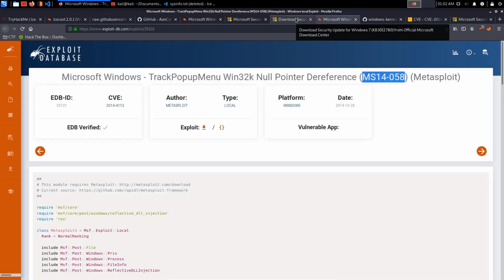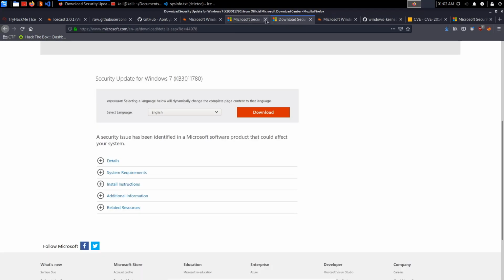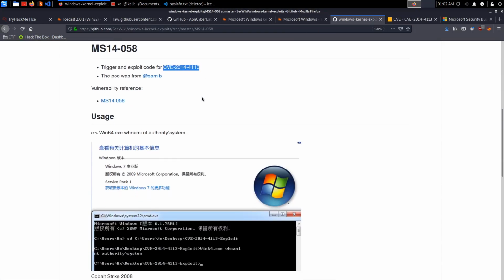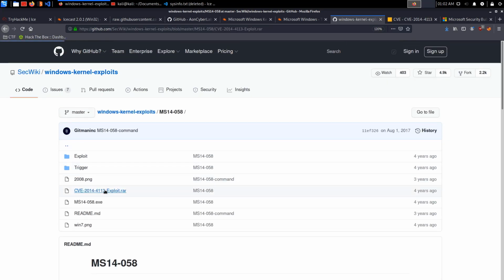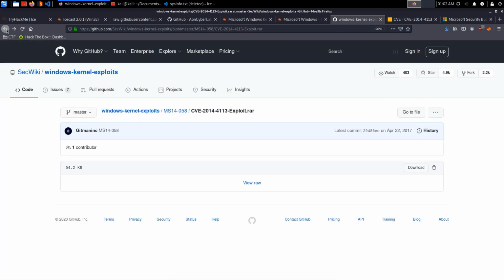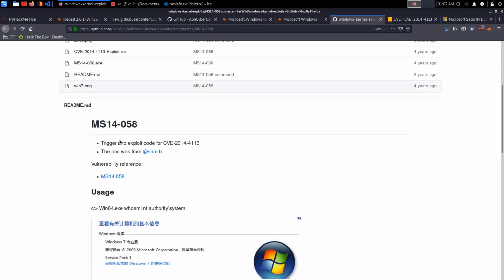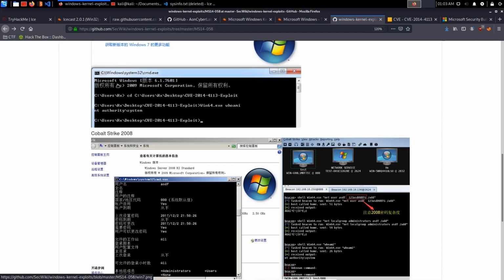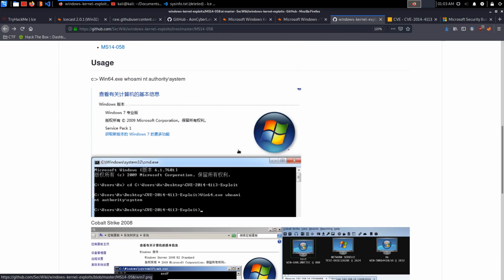Do we have, because I don't want to compile this right now. Let's see if this works out, because we already have the pre-compiled one. So the usage is as follows: Win64, that's, I'm guessing, the exploit. Windows kernel exploits. This is under SecWiki. Yep, I'm familiar with this repository. So we need to, if we open the raw file, we should have